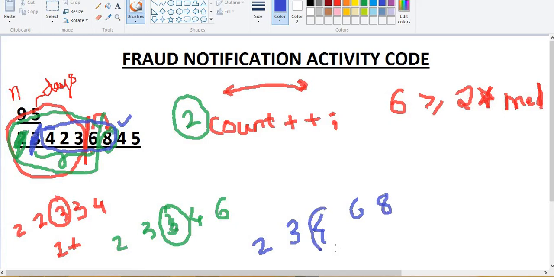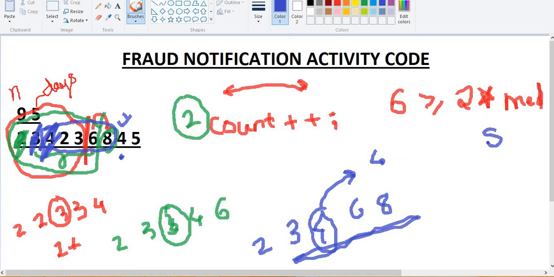So median is 4, and we know that the 4 is not bigger than twice the median, so this will fail in this case. Similarly for 5 we would be having the array, just leave 4 out of this. Instead of 4 it would be again replaced by this 4. So we would get the same array, and the median would be 4, and if we multiply it by 2 it would become 8, and the last element, that is 5, won't be greater than 8.